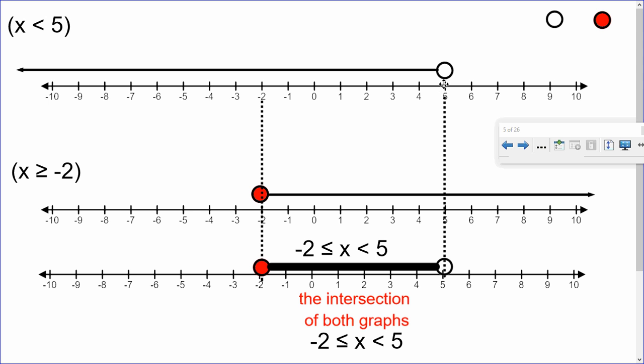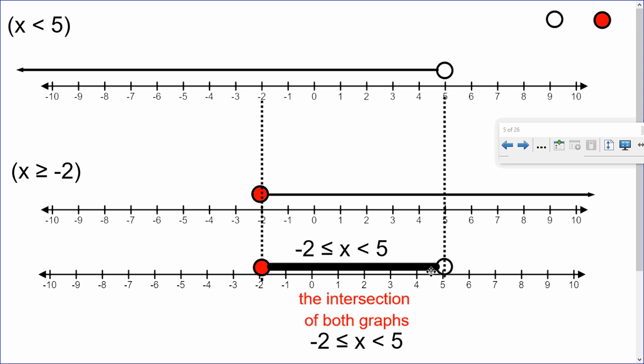So notice we're not going to include the 5 because it's an open circle. So we want greater than or equal to, 5 is equal to 5, but we want less than 5. So that's why the circle is open, so we're not including it. So this intersection between these two cuts can be looked at right here, and we can draw a line indicating